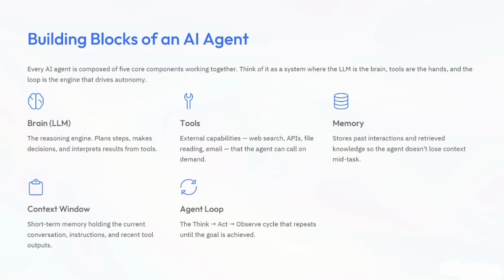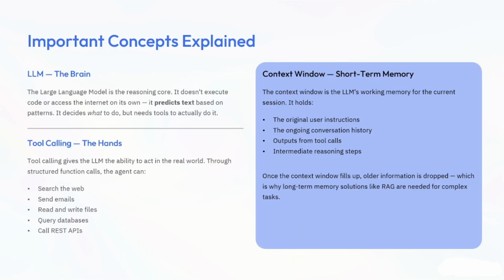Now let me give you a human analogy so you will easily understand this thing. If you still have any confusion, I will clear it completely with this example. Imagine you are making tea. You think, I need water. You pour the water, then you check it. Now you need milk, then sugar, then tea powder. So you repeat until the tea is ready. That's exactly how an AI agent works. I hope you got the clarity from this example. That's why I gave you this example, so that you understand what I actually want to tell.